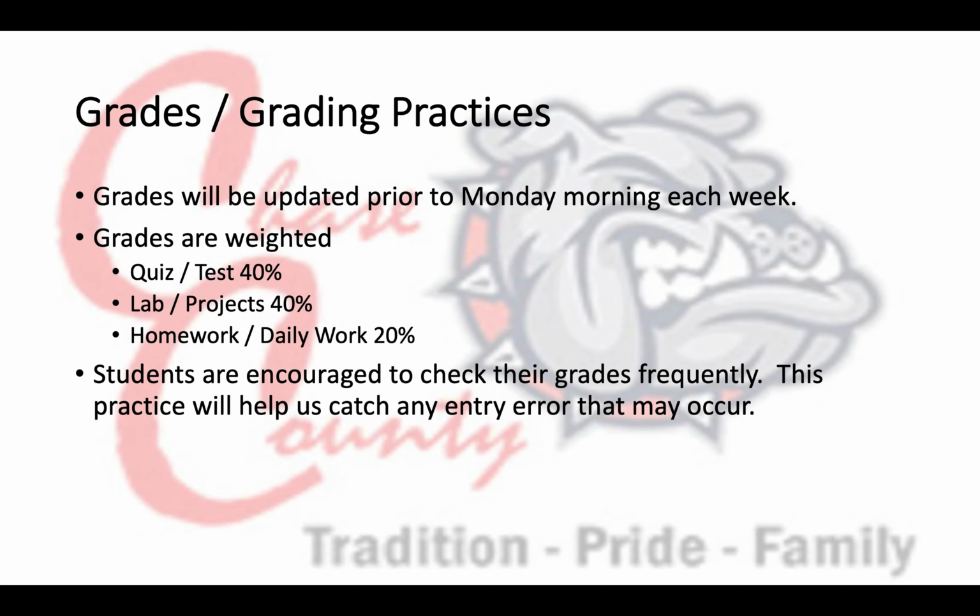I do weight our grades, and you can see that tests and quizzes are 40% of the grade, and labs and projects are 40% of the grade, and the homework and daily work is 20% of the grade. And that's just a practice I've been using for quite a while. It kind of allows us to keep the focus on